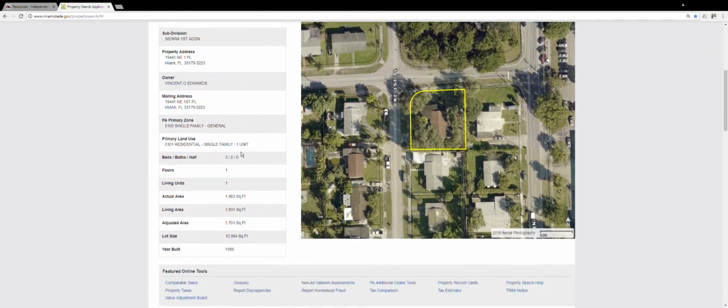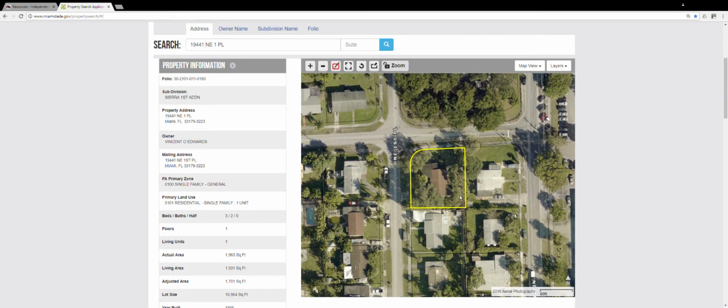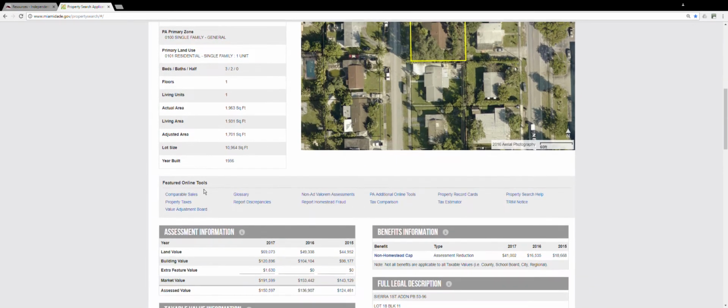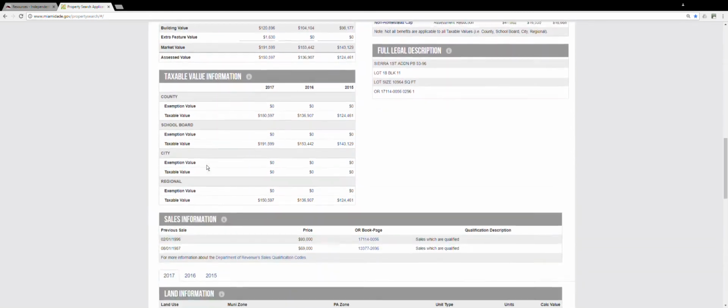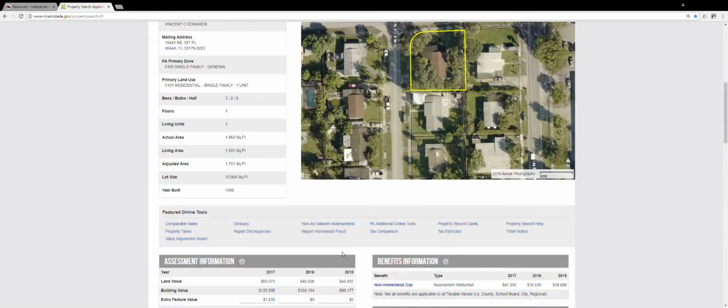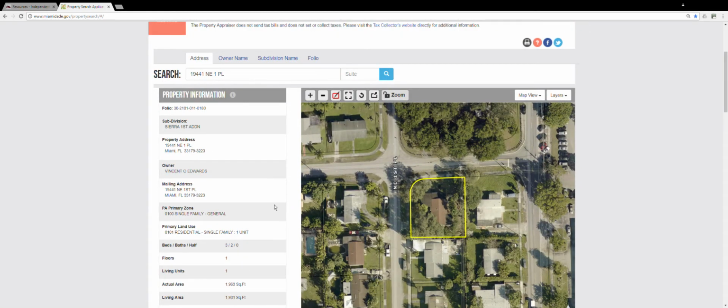This page is great. It shows a whole bunch of stuff. I like it a lot because it shows like a satellite view of the property. You can see the other parcels next to it. It gives great information about the property, the usage of that property, as well as sales history for that property. Again, I'm going to do a video on this, but what we're looking for today is specifically the folio number,